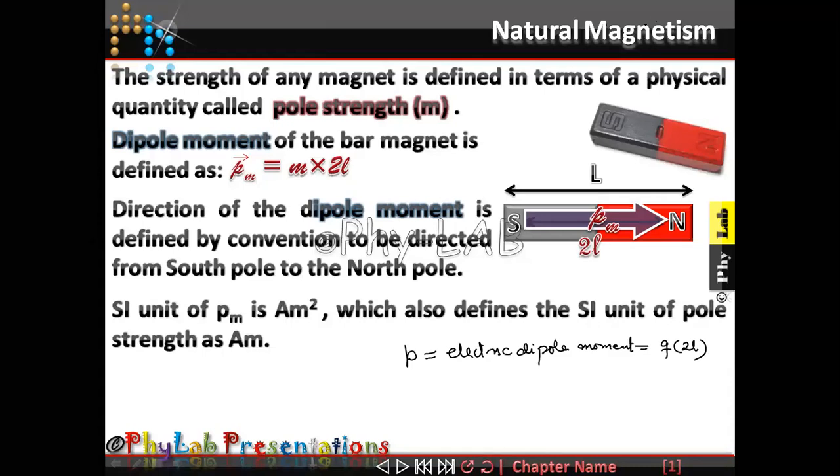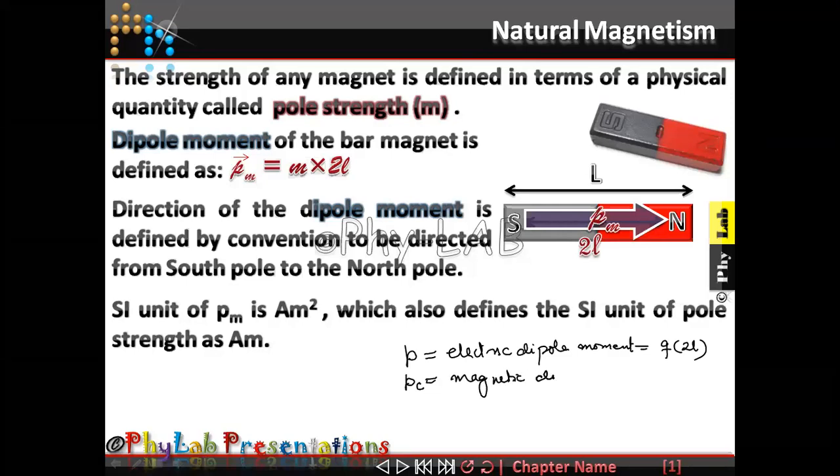Okay. So, the first type of dipole moment that you had studied in electrostatics was the electric dipole moment, Q into 2L. The second type of dipole moment that you have studied in magnetism was the dipole moment of a current carrying coil. So this is the magnetic dipole moment of a current carrying coil. So let me just put up that magnetic also. The second type of dipole moment that you had studied was the magnetic dipole moment of a current carrying